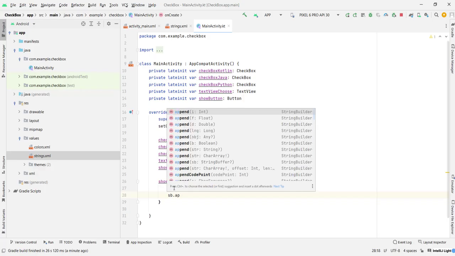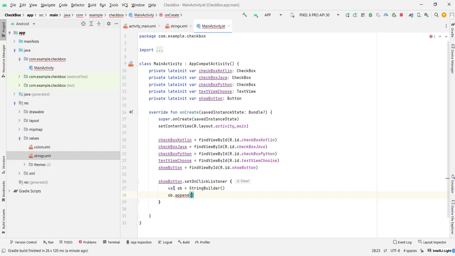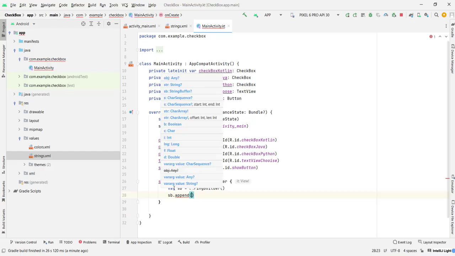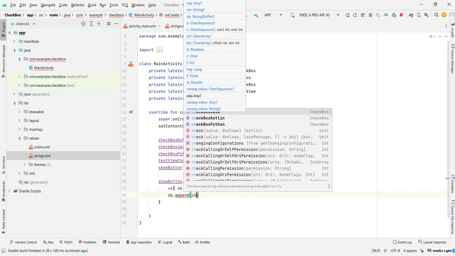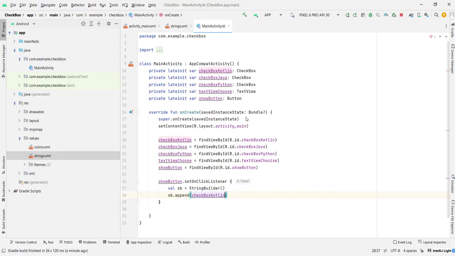So I'm gonna append some text, and here I'm gonna type checkbox Kotlin dot text. So I'm gonna get the text, the name of the checkbox, dot to string. Let's put a plus, status is,